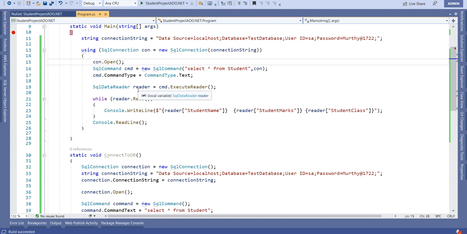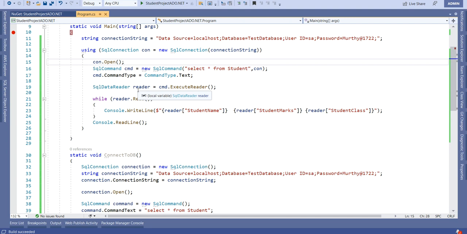In the next video, I will explain how this data reader is a connected architecture, means we need to establish the connection. We have an established connection to fetch the data, but we have another object called the DataSet object. That is a disconnected architecture where we can directly fetch the data, and we don't need to have an established connection throughout the logic to get the data.